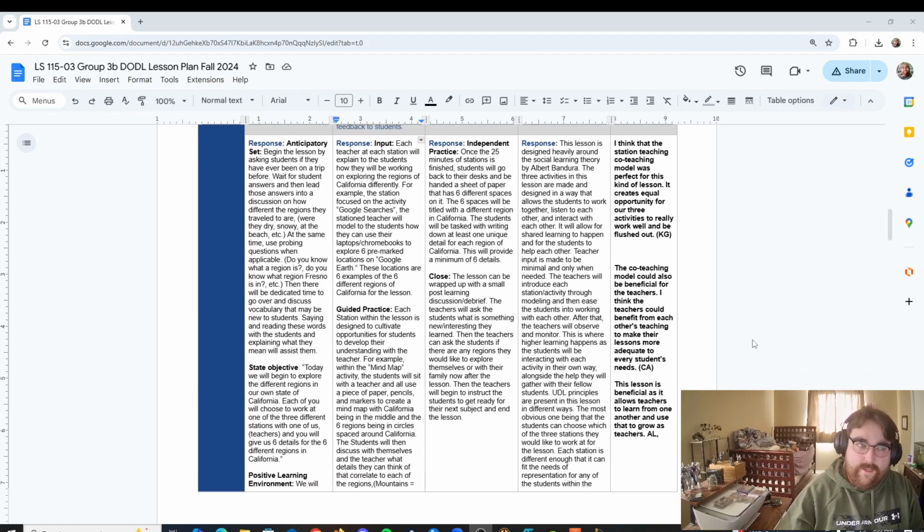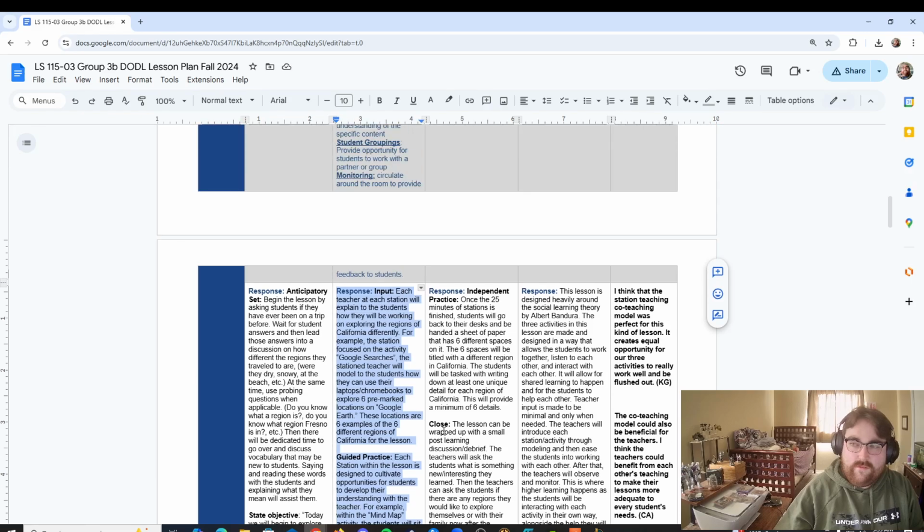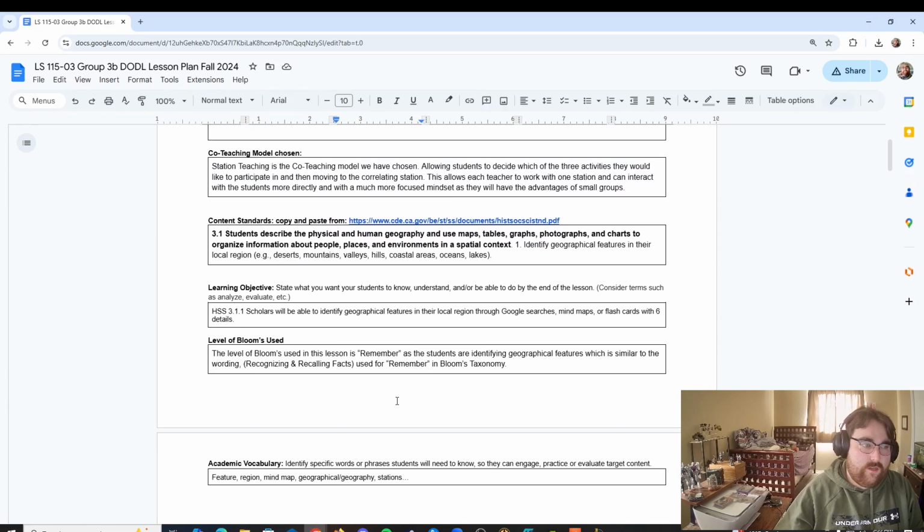For our lesson plan, the portion I'd like to focus on the most, because I believe it would be my favorite, was mainly our activities and how we did it. So basically, these two major sections right here. We used the co-teaching model of station teaching, which I think works really, really well for this lesson plan